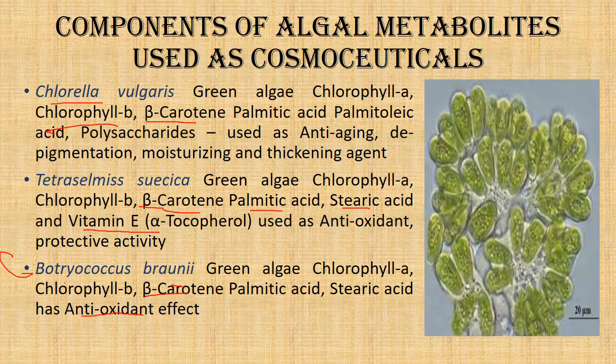Now the last algae in our list is Botryococcus braunii. Botryococcus braunii is a green algae that is also planktonic, and it is also microscopic. It is found growing both in temperate as well as tropical regions. So we see that it has a wide range of temperature tolerance, and also it can grow in oligotrophic lakes, oligotrophic water, which means that it can grow in nutrient deficient water also.